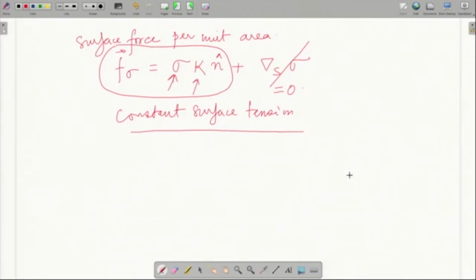once you do that and you apply the conservation of momentum principle to the control volume that we drew earlier, if you remember, we had the interface drawn like this and we had an elemental control volume drawn across that portion of the interface. If you apply the conservation of momentum principle to this control volume on the interface, then you can write it as